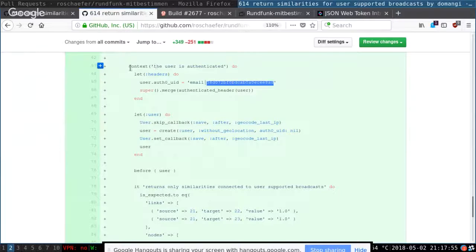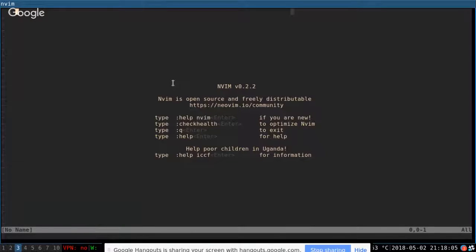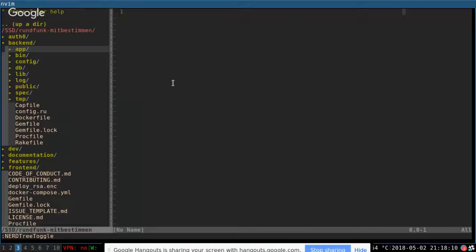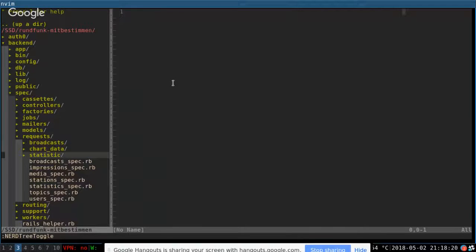But the whole thing is you just want to have the user authenticated, do you? Yes. I think we have a helper for that. Okay, let me see. I'm pretty sure. Backend, spec, requests.